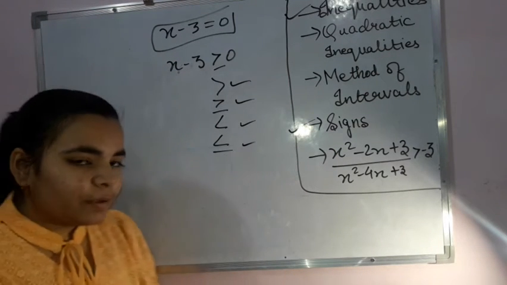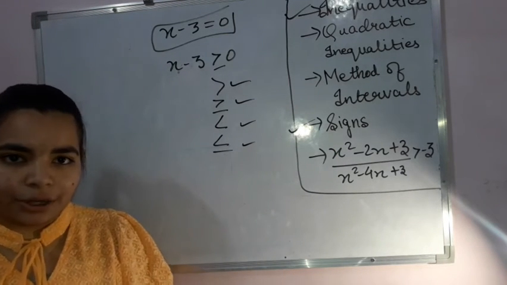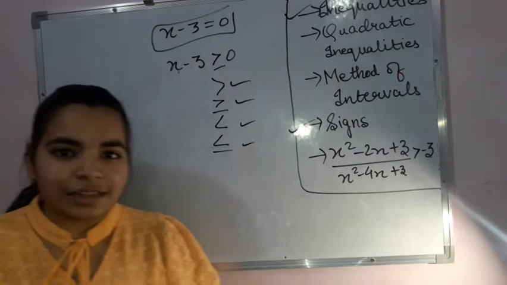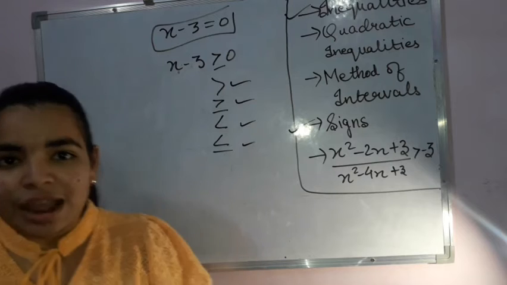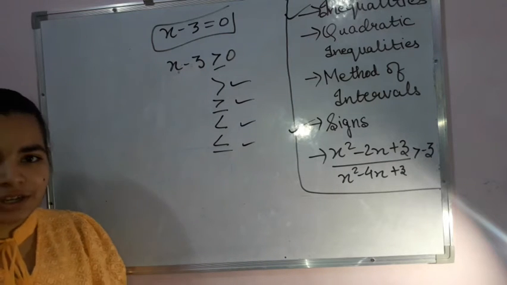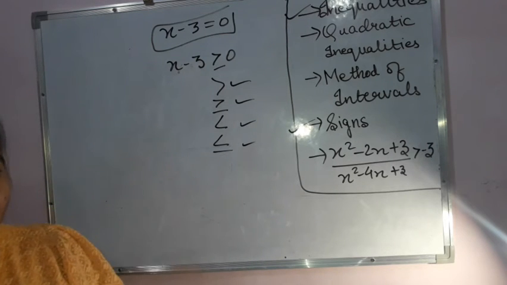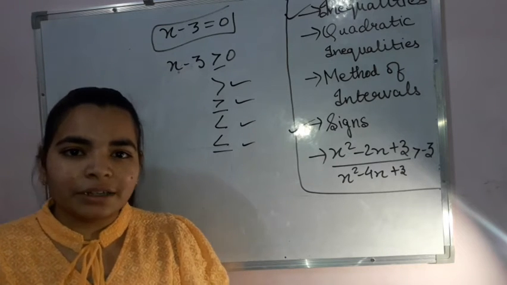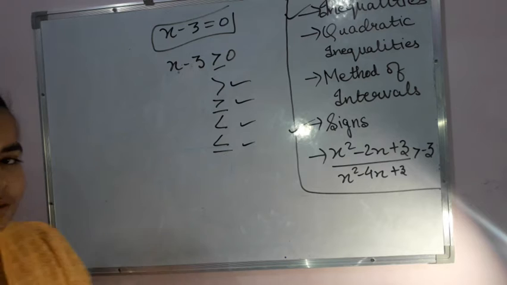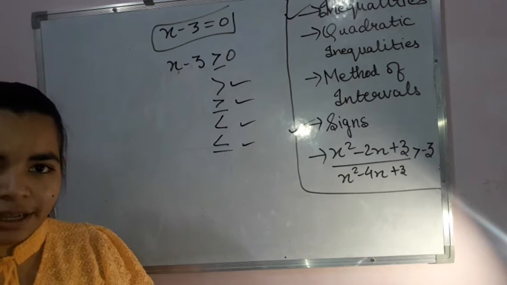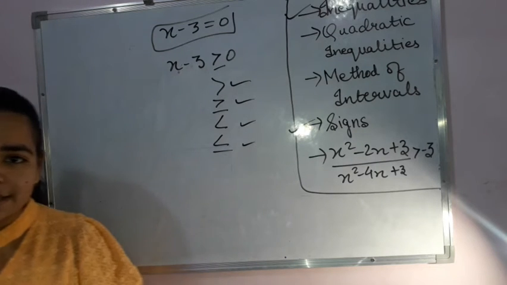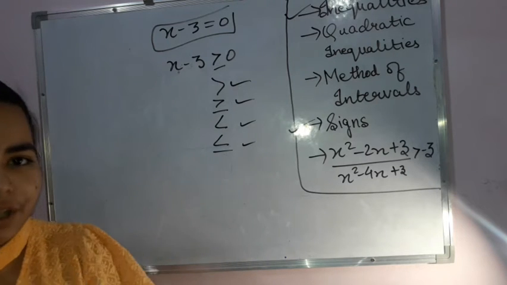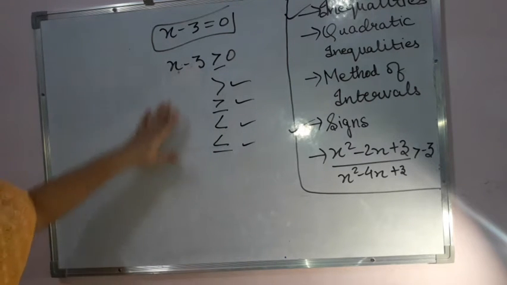After this, we have the quadratic inequalities. Now, before starting with it, let me tell you that for the ISC class 11th, they have reduced the syllabus, and in the reduced syllabus for the session 2020-21, we are not having the graphs. So, excluding that part, we are left with just the basic things. Just a few questions are there. Only one exercise is a part of your syllabus. So, we will be dealing with that only, with the reduced syllabus, right?